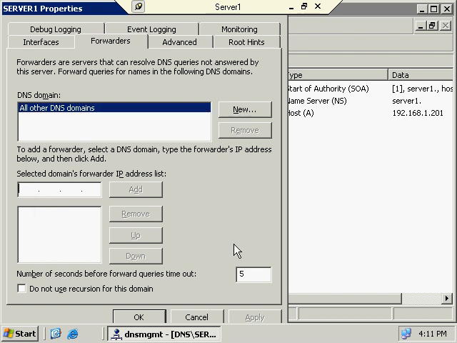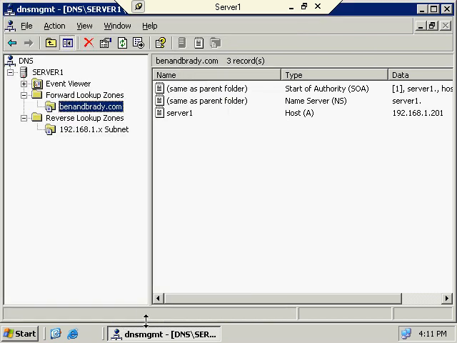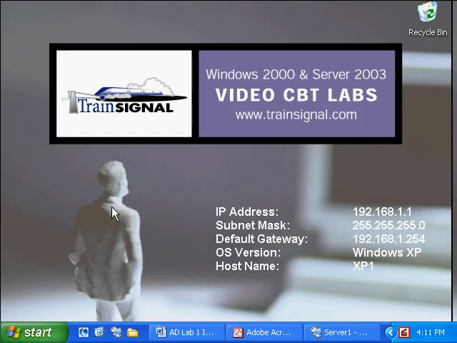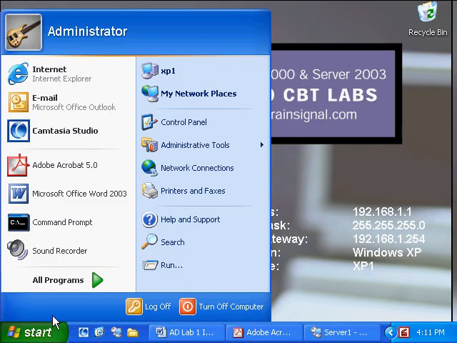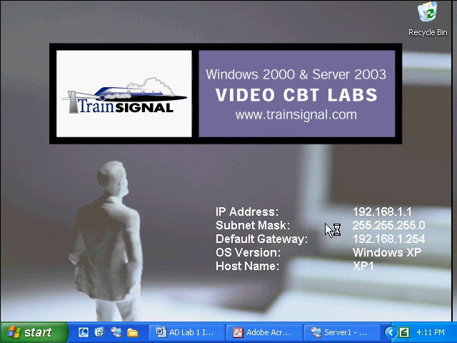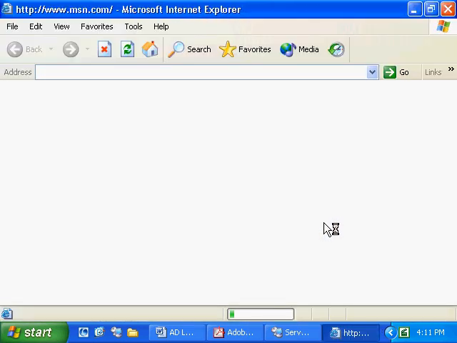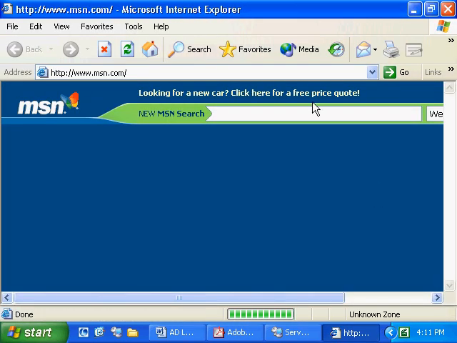Now down here, this is where we can specify the domain name of our ISP, or the IP address of our ISP, and we were using an IP address from Earthlink before. We'll use the same one. And you can add several if you want to. We'll just add this one IP address. Then we click OK, and that's all you need to do. Now if I go back here to my XP machine, let's try to connect out to the internet once again. You see we're able to actually connect out to the internet,